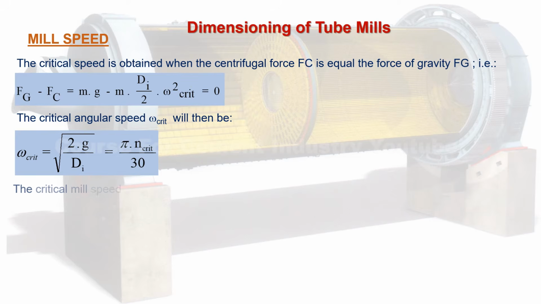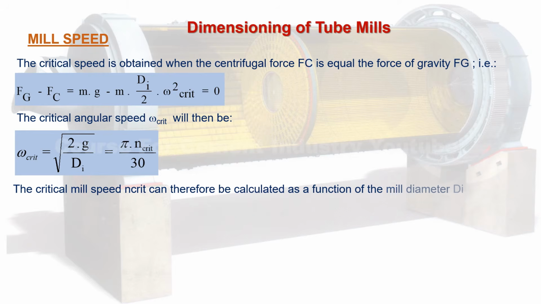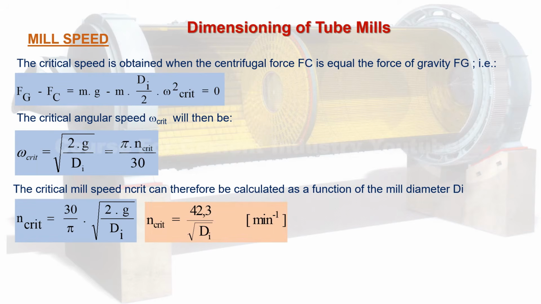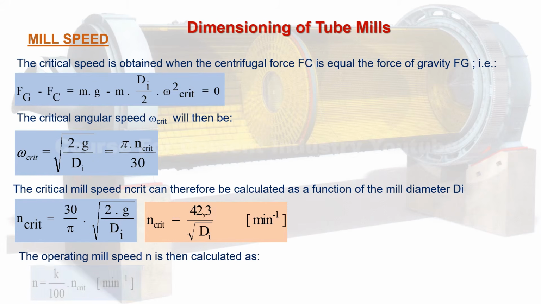The critical mill speed can therefore be calculated as a function of the mill diameter. The operating mill speed is then calculated as, where